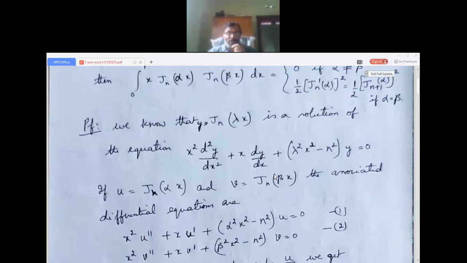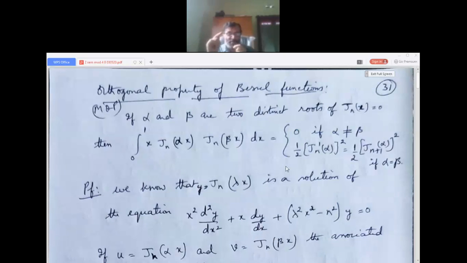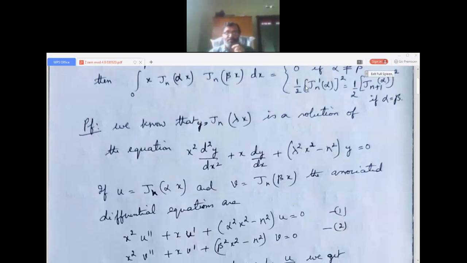In the model question paper, they have asked both. They have asked the first part that I did yesterday, the derivation of the series solution of Bessel's differential equation Jn(x), for 7 marks. This also they have asked in the model question paper, but only the first part, that is 0 if alpha is not equal to beta. So don't neglect this. Write and study. Only if you write and study will you be able to master it. Any doubts you can ask later, but first you have to write, think and do it.